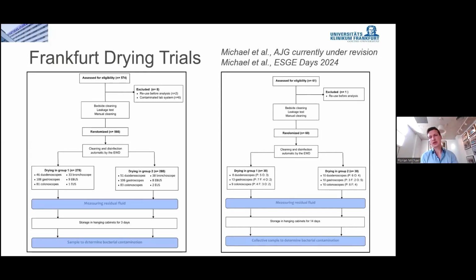So after the drying step, we measured the residual fluid. And how did we do it? Usually it is performed by using an indicator paper or something like that to see if there's water or not. But we decided that this would not be enough for us. And since there's at the moment not really an established technique on how to define if residual water is still there or not, we decided to use a laboratory scale, and we weighed the water that came out of the endoscope. And after that,